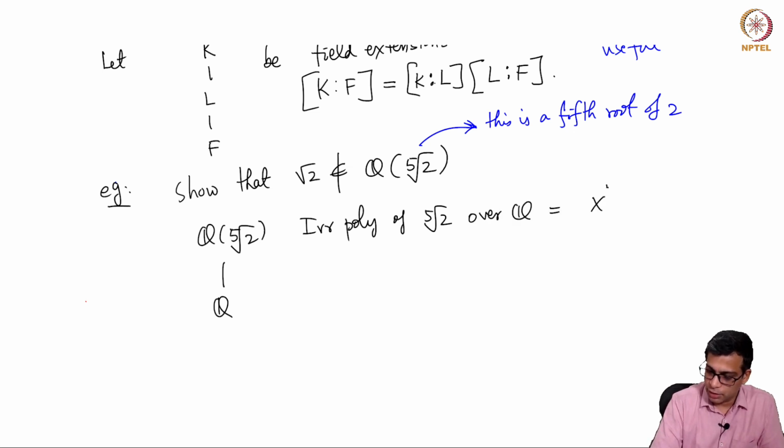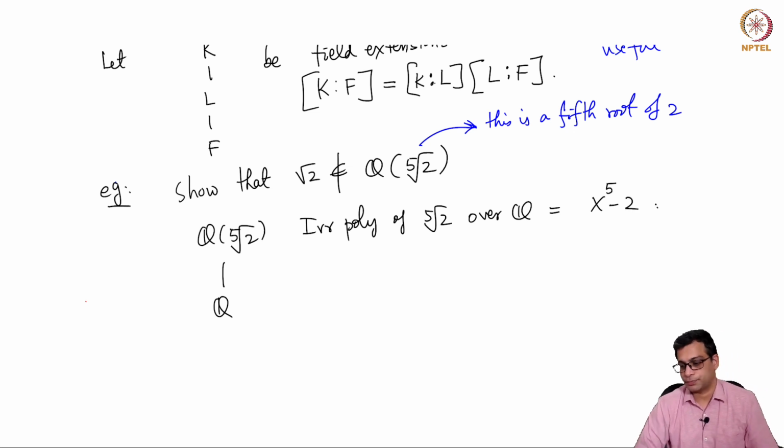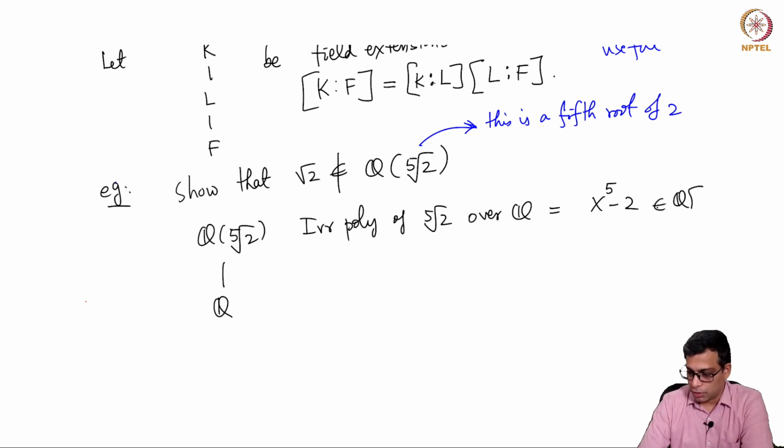This is nothing but x power 5 minus 2. This is because x power 5 minus 2 is a polynomial in Q[x] which has fifth root of 2 as a root, because if you plug in x equal to fifth root of 2, you get 0, and this is irreducible by the Eisenstein criterion,